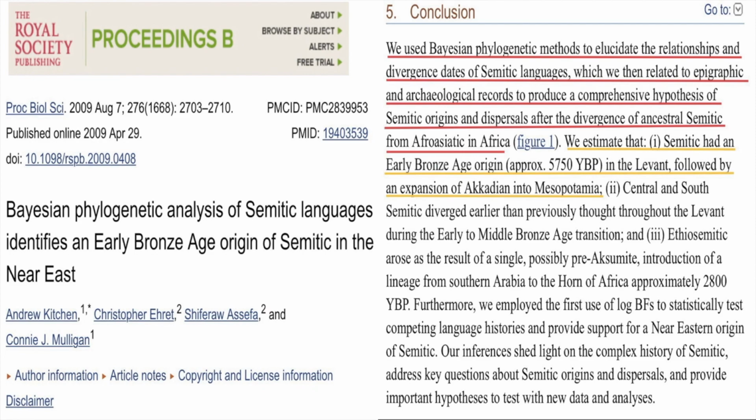We estimate that Semitic had an early Bronze Age origin in the Levant, followed by an expansion of Akkadian into Mesopotamia. So you see that, as they said, Semitic originated in the Levant, and then they spread into Mesopotamia with groups like the Akkadians. And this fits genetically what we see. The most plausible candidates for Semitic remigration to the Fertile Crescent with TMRCAs fitting the arrival of the Akkadians and other early Semitic peoples are certain subclades of both